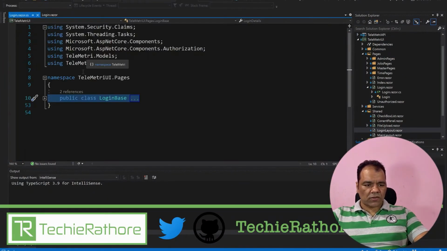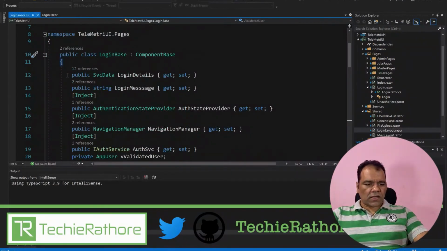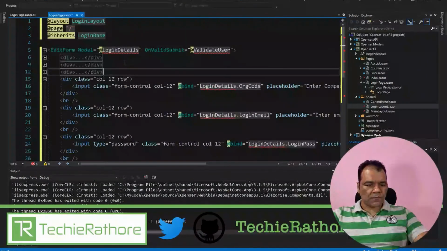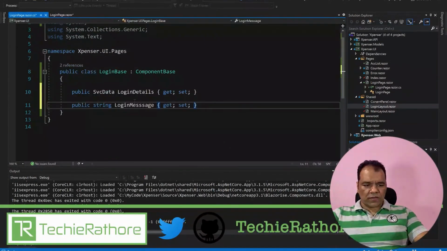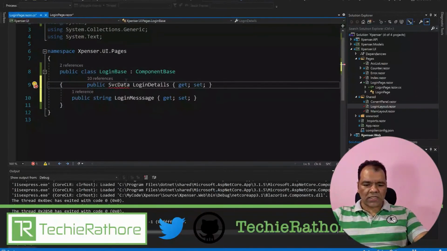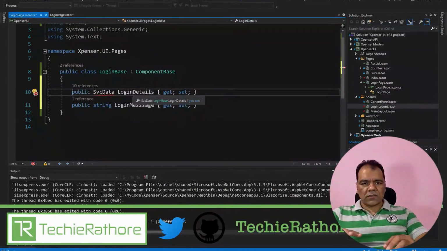We have this login.razor.cs, which is the base class, and if you see here, this is your login message, this is your login data, SVC data. So I'll just copy it, Control C, and then paste it here, that is Control V. I'm setting up the things as minimal as possible so that right now we can just design